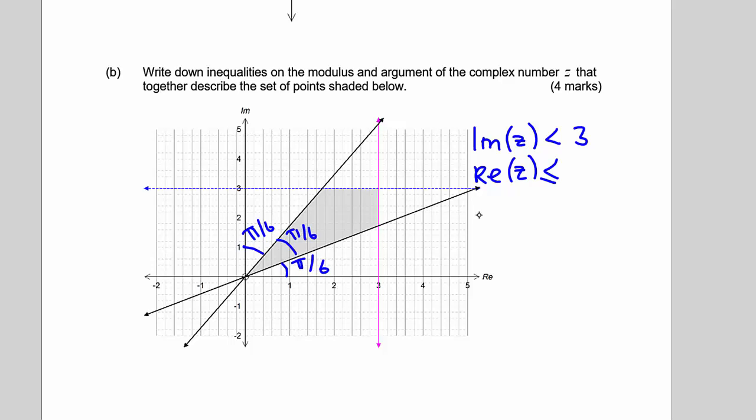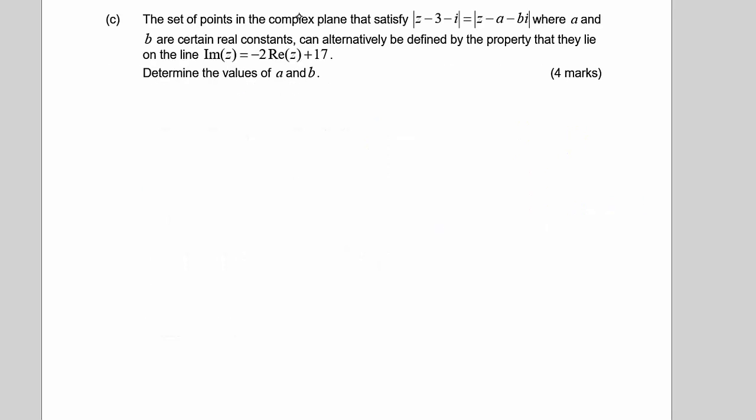which works. So we want the argument to be between pi on 6, and they're solid lines, so I'll put that, and it's based at 0, which is nice, and 2 pi on 6, which is also pi on 3. Okay, so the set of points in the complex plane that satisfy this can also be written as this, and